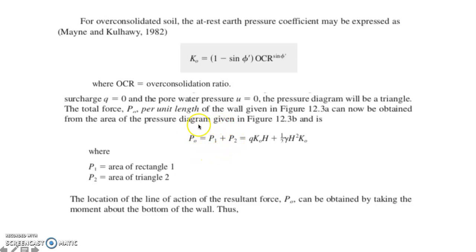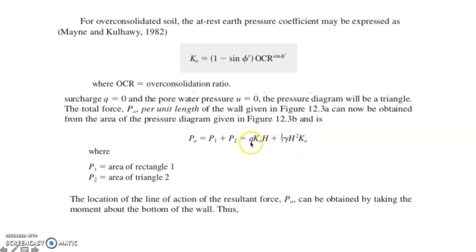So that is basically the most effective, the simplest, the easiest way to compute for the forces acting on the retaining wall. Another method is you're going to memorize a formula. So this is the formula that you're going to memorize. Actually, this one was just derived from the vertical stress and the horizontal force that we have computed.